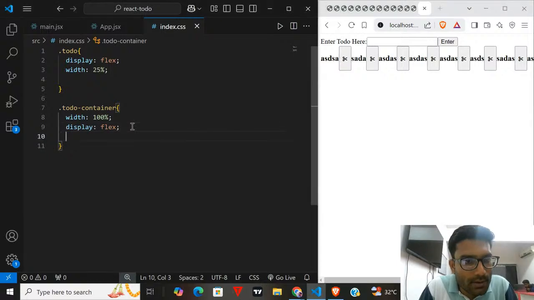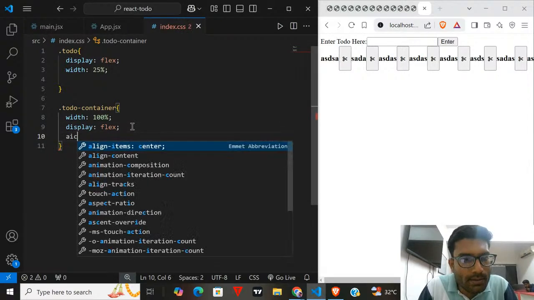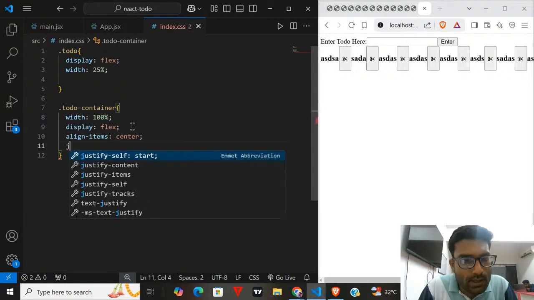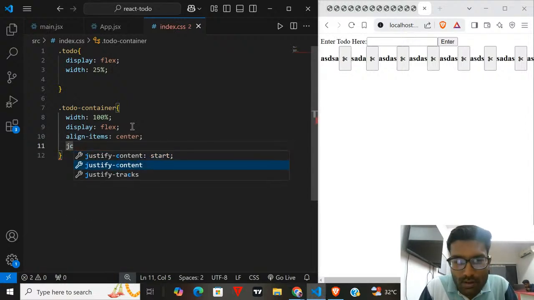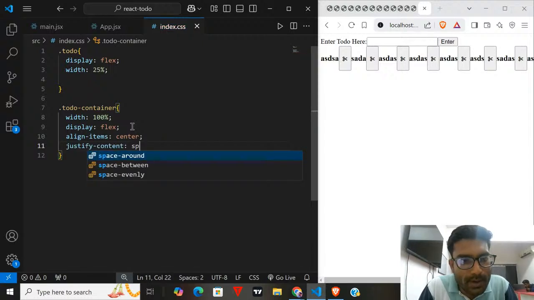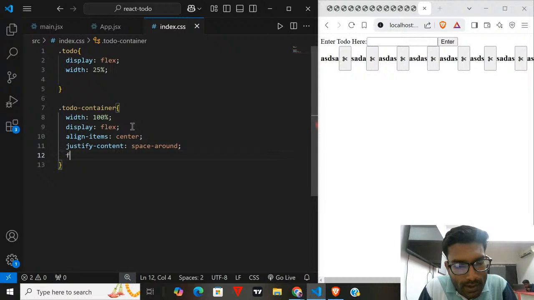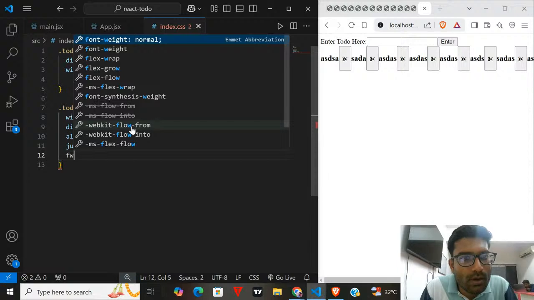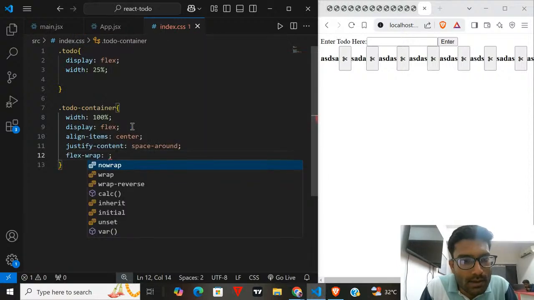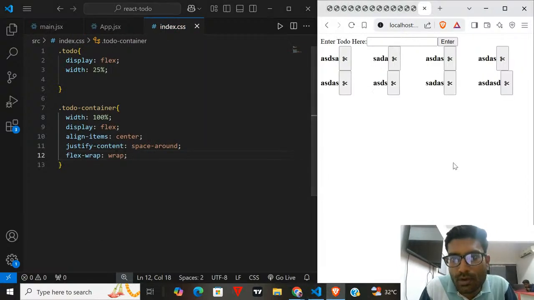Also give align items center, then justify content. You can give justify content as space around, and you can also give flex wrap as wrap. So you can see things are coming.